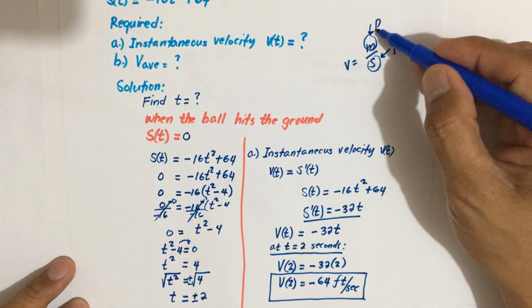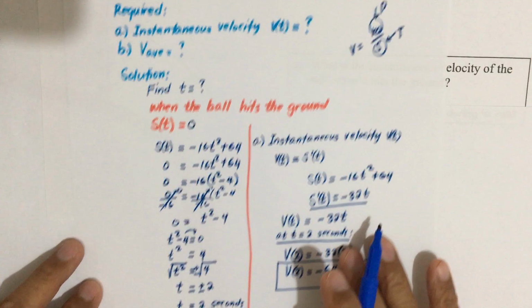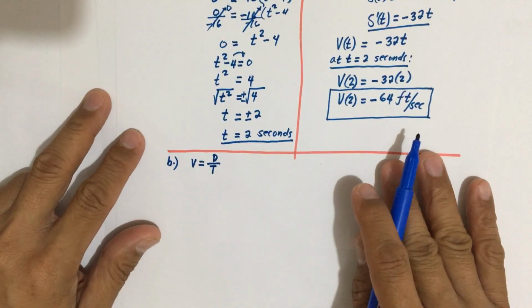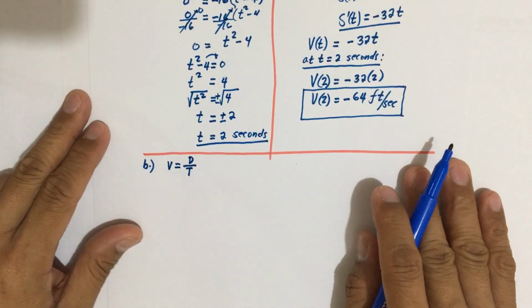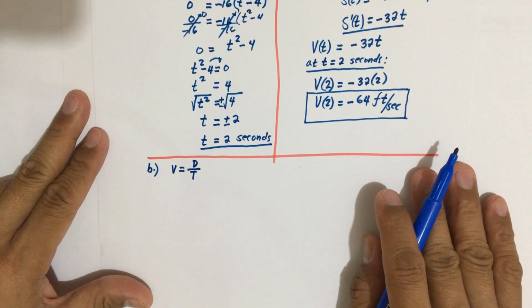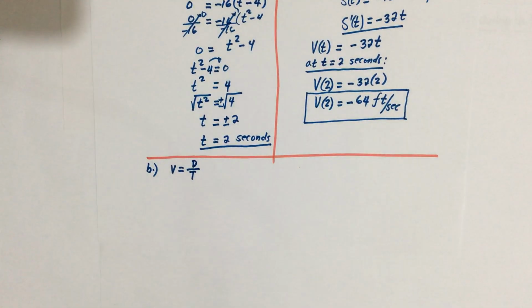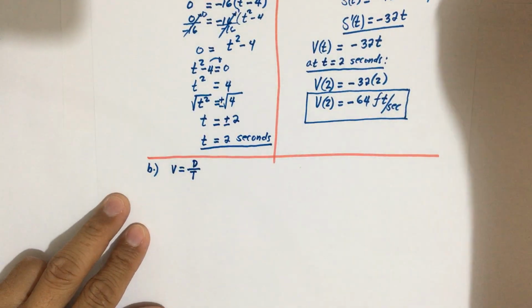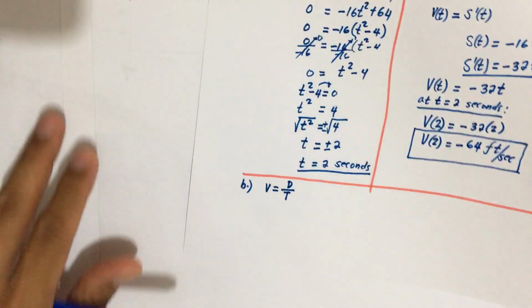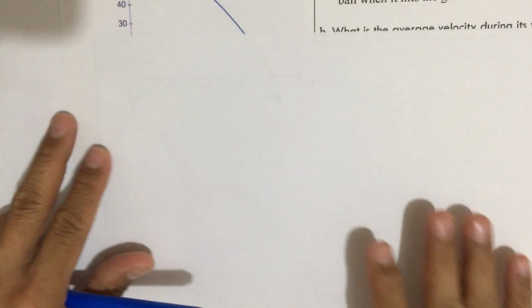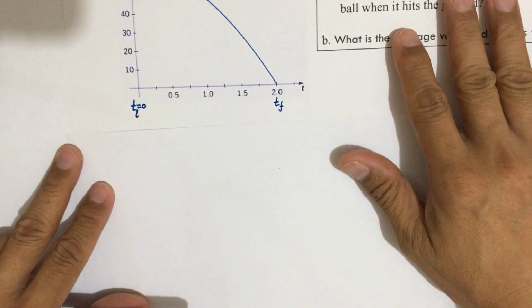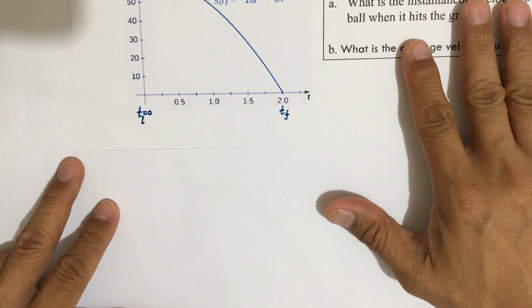Okay, so velocity is distance over time, right? So we have to use that concept here. But we are asked to solve for the average velocity. So how to calculate the average velocity? If you look at the graph here for our reference,